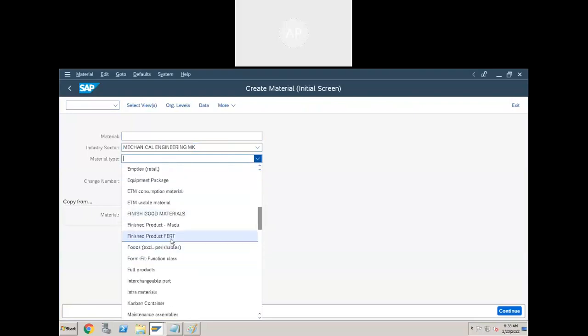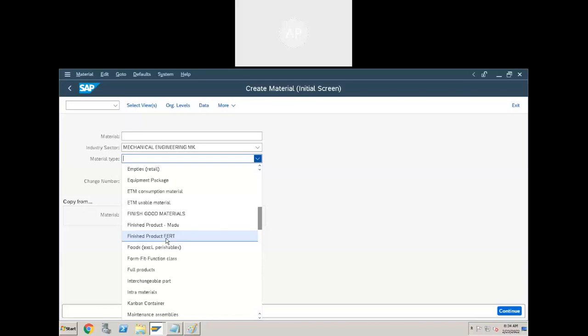What is a finished product? A car is a finished product. A mobile is a finished product. A laptop is a finished product. But if you take RAM, RAM is not a finished product, from our company's perspective. If you take Tata cars, a tire is not a finished product. For them, the car is the finished product, right?